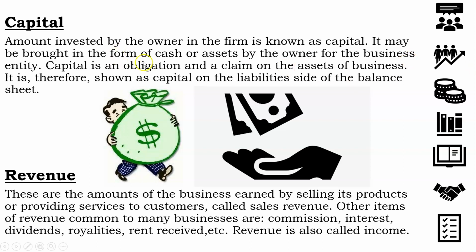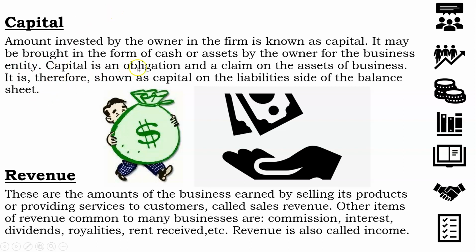It may be brought in the form of cash or assets by the owner for the business entity. Now, if I purchase many suits and keep them in stock, that is bringing in the capital through assets. Or maybe there is some business requirement where I have to keep cash. For example, I want to do a business of lending money to people. So I have kept a lot of cash at a place where people can come in, pay me interest, and take the money, borrow from me. So that cash, if I'm keeping it with myself, is also known as the capital for my firm, right?